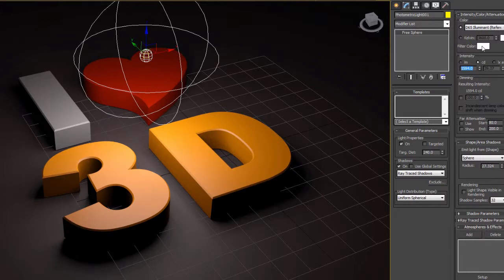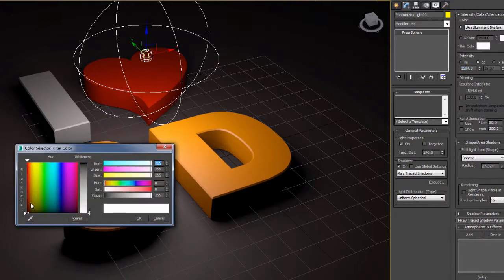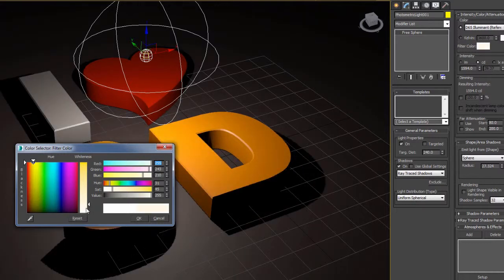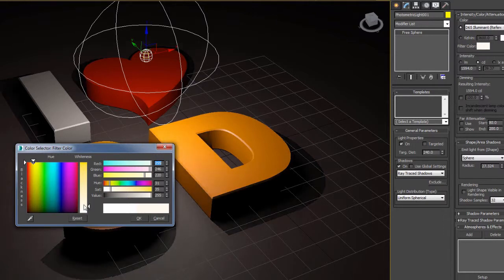We can also add a filter color, so we can come in here and maybe just give this a slight bit of yellow. So let's just slide ourselves over to yellow here, and then inside of the white here, just bring this up. A good guide that I like to give people when coloring the lighting is unless you're going for the kind of effect where the lens has like a blue lens cap on it or something like that,